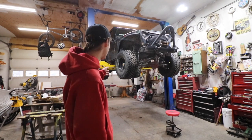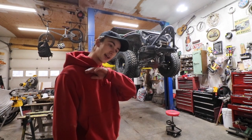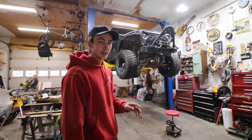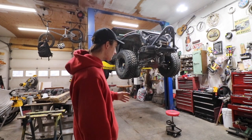So once I get the skid plate and the wheel arch fixed and everything, I want to pull the tub right off the frame. I want to sand down the whole frame with flap discs and grinders and all the rough stuff. I want to try and get it taken care of so I don't have to worry about it again. So I'm hoping I'll be able to pull the tub off. I'll be able to get to the top of the frame, the bottom of the frame, the whole nine yards,